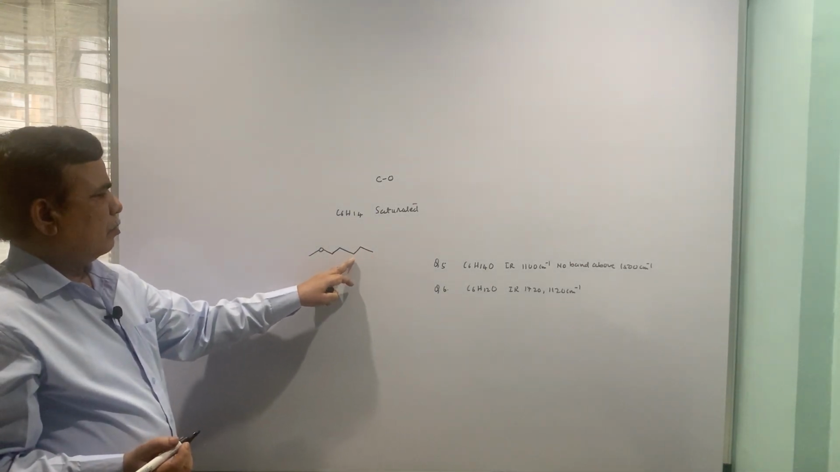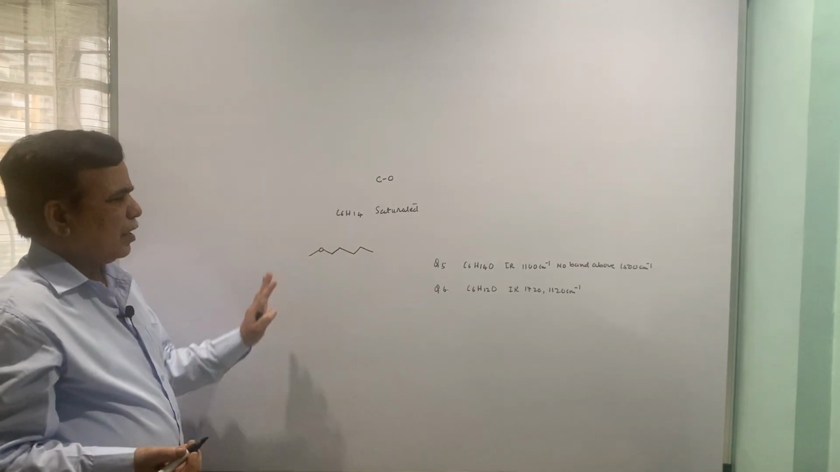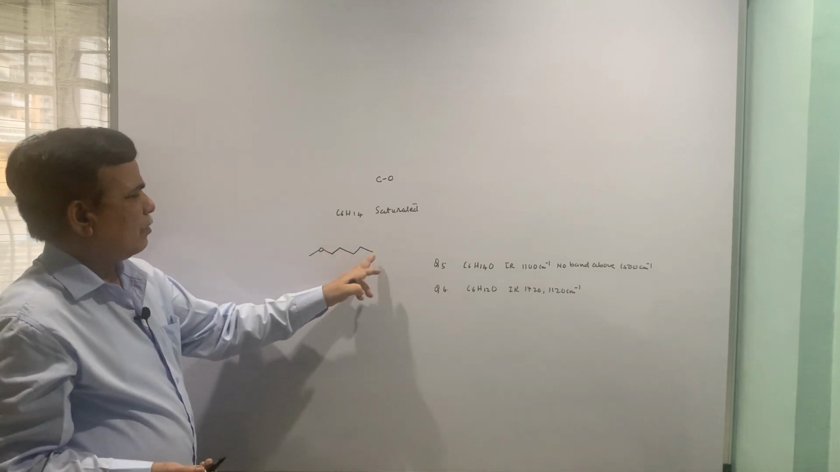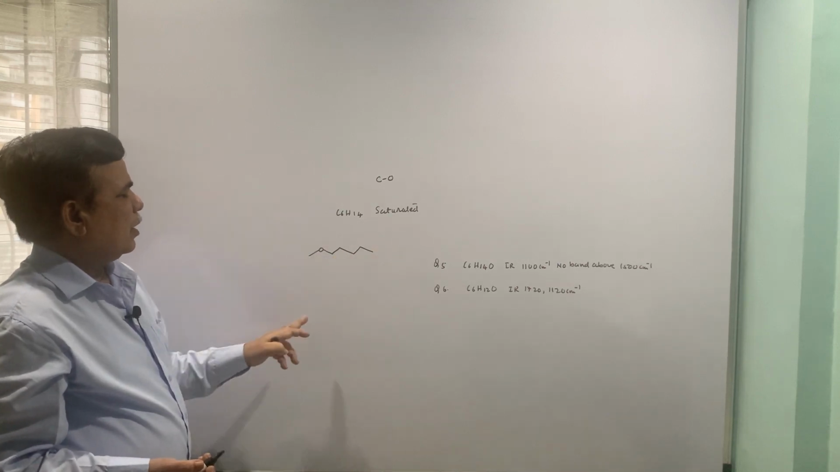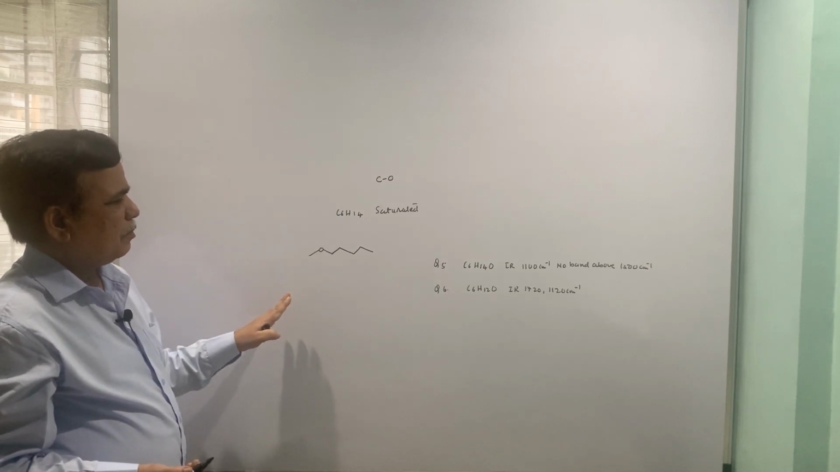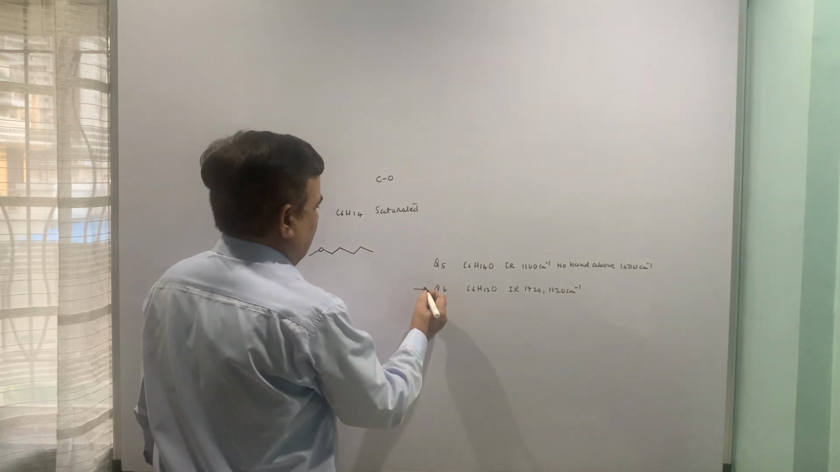So this is one of the structures. You can draw any ether. I am putting methyl and this 1, 2, 3, 4, 5, methyl n-pentyl ether. You can have other options also. Second one is